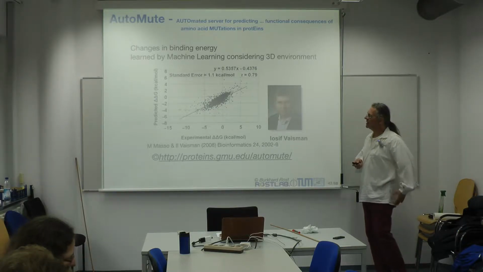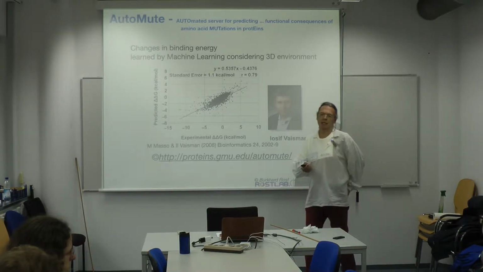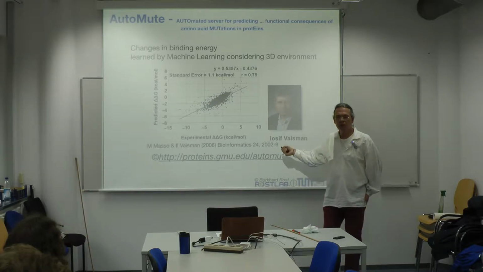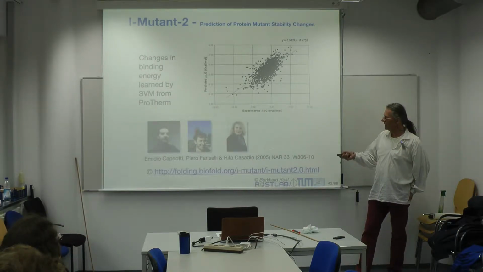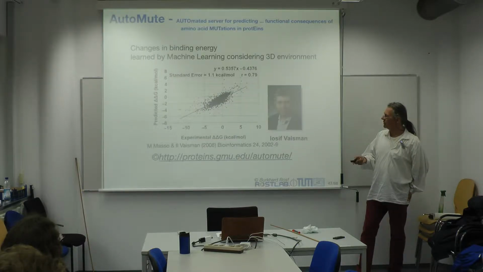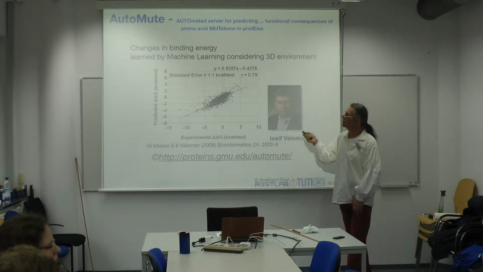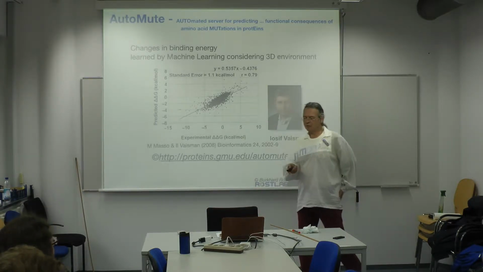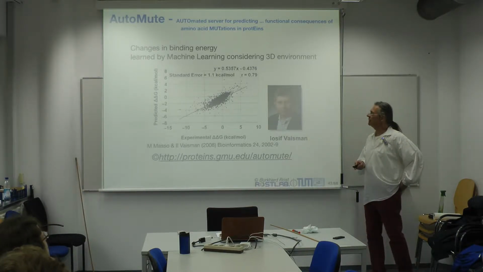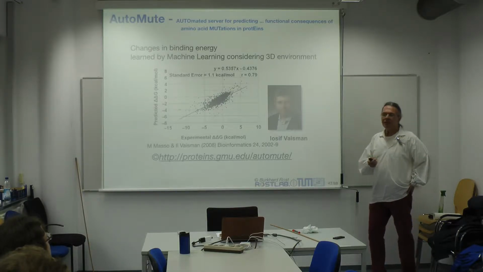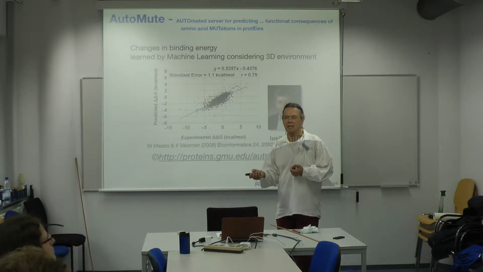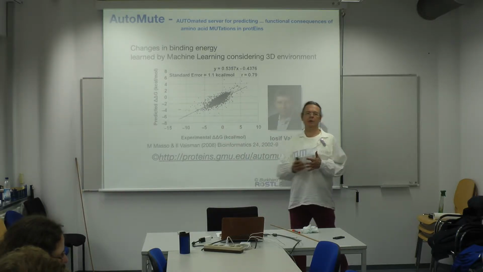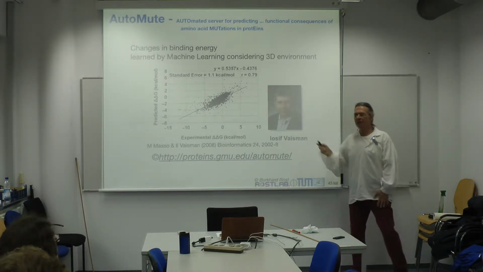Josef Weissmann has done something similar, initially with a model, so they went directly into machine learning when they first published that. That is the first publication, 2005. He had something before this one, so this one is already a machine learning application, sort of the next level, where again, this ultimately is how does a particular sequence variant change the binding energy, which in fact also means how does it affect function, one particular aspect of function.